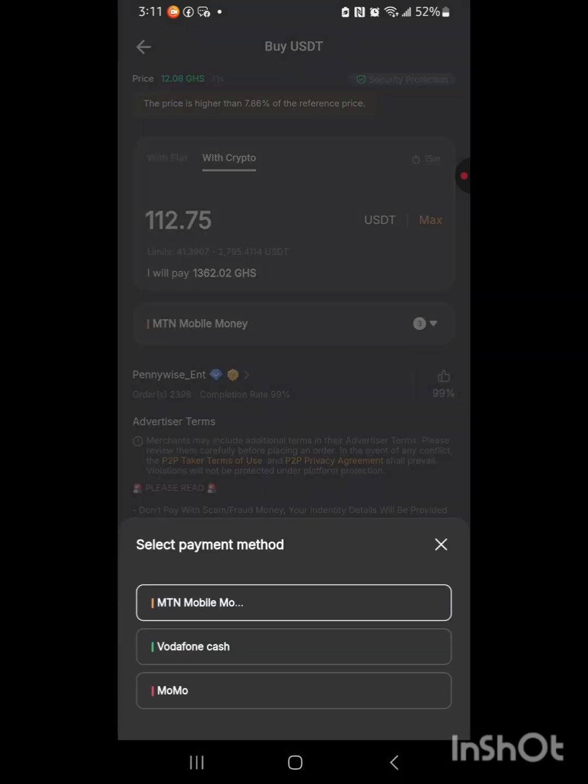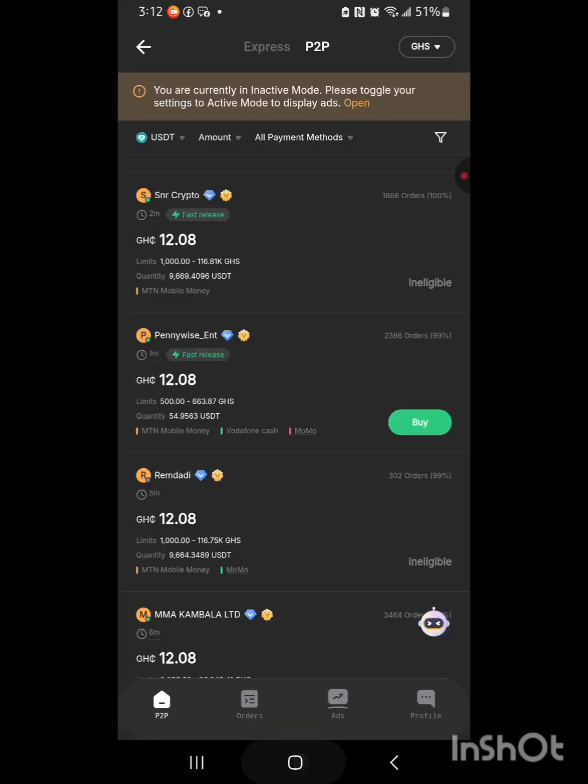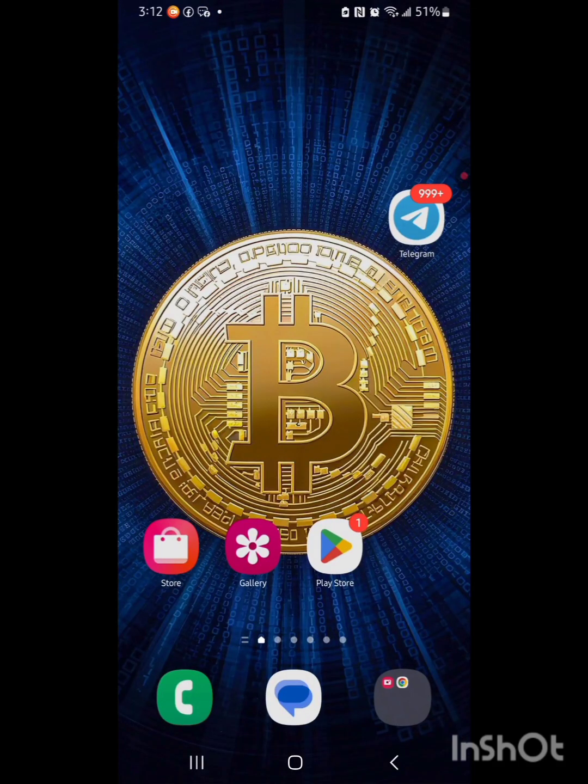And this money will be transferred to either your Momo account, which is your MTN mobile account, or your Voodoo Funds card. Basically, you still need a friend in Ghana that will receive this money for you. Basically, that's where you will need to be very careful, because I see a lot of people doing it with strangers. Don't do it with anybody that you do not trust, because they might basically try to trick you out of your money.